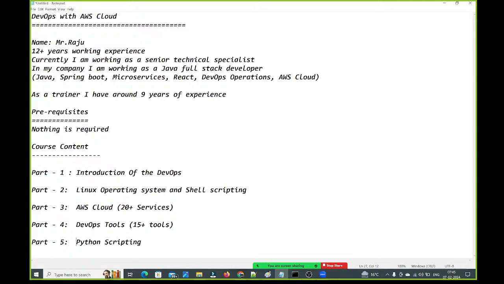I will start from the basics, so you need not worry. Python is coding related, and sir told you initially that coding knowledge is not required. Very small coding, 2 or 3 lines, is all we will write in Python scripting, and I will take care of how to write that, guys.